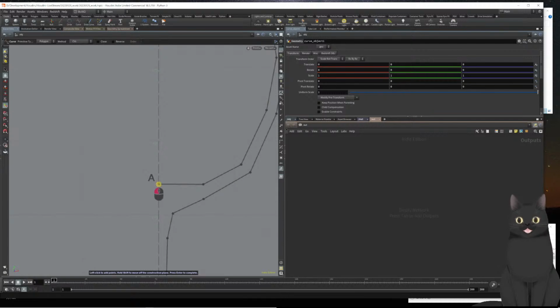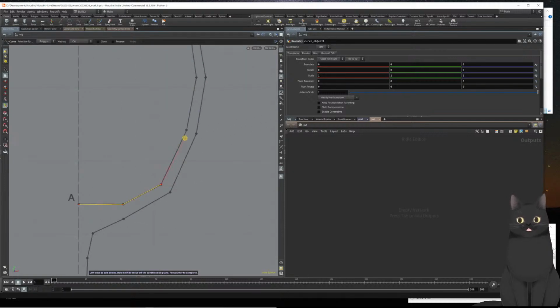Now we can place these points down as we go. If we don't quite like what we want, you can undo to go back and redo a point, or you can go back and fix them later. But we should be pretty good. It's fairly simple to trace this. Now,